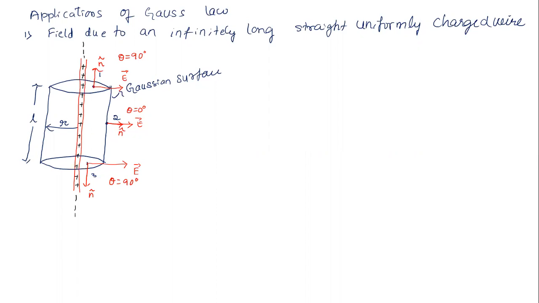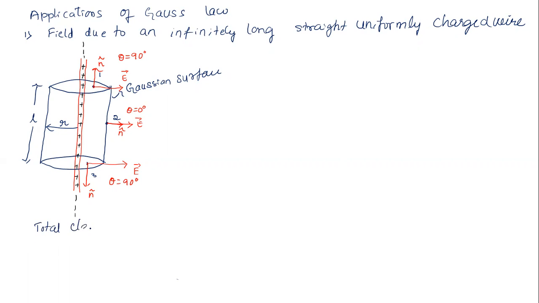Now I'm going to find the electric flux at those 3 regions that I considered. Apart from these 3 regions, are any other regions possible? No, because the upper surface anywhere you take will be the same, the curved surface anywhere you take will be the same, and the lower surface anywhere will be the same. First, I'll find the electric flux at these three locations, the total electric flux.